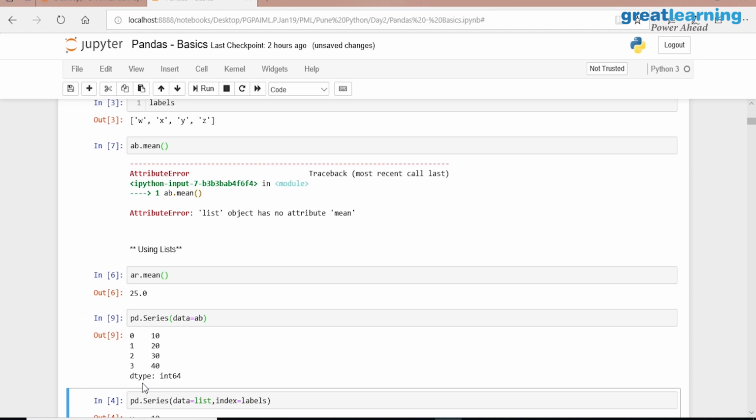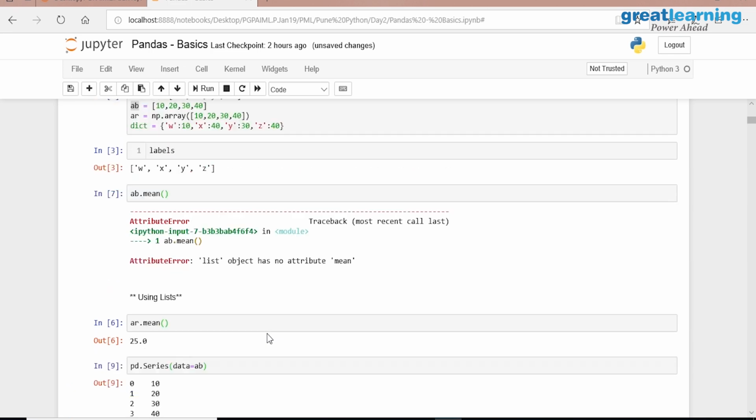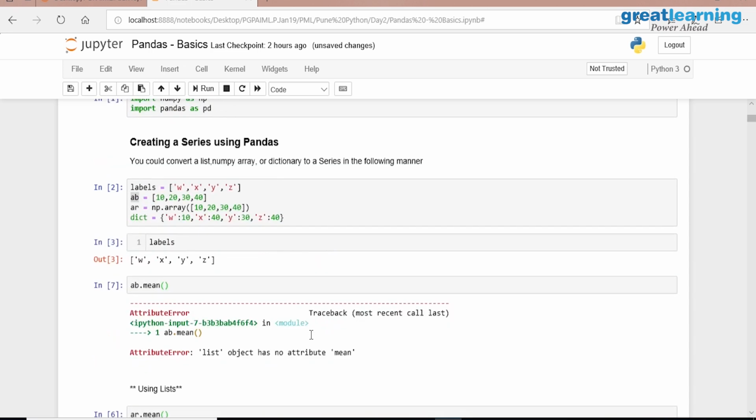Why I am doing all these things is to make sure that you also do this kind of thing. You create with some name and you try to do something with something else. Computer can't understand all these things. You assumed it is there, but if it is not there, you will get an error. Are you following me? Okay.